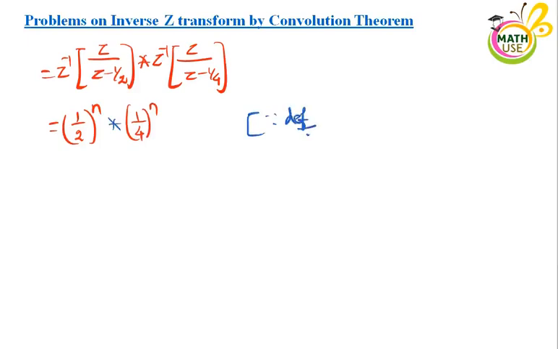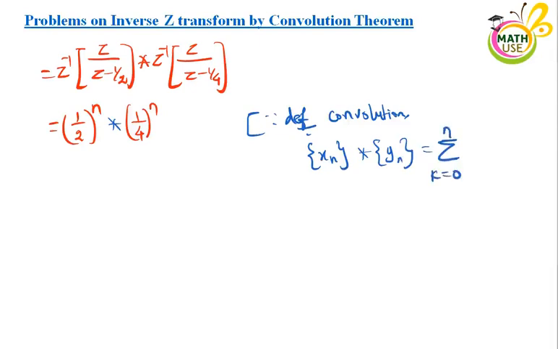Now we know the definition of convolution. By the definition of convolution, x of n star y of n is equal to summation k equal to 0 to n of f of k into g of n minus k. So by applying the definition of convolution of the two sequences, we get